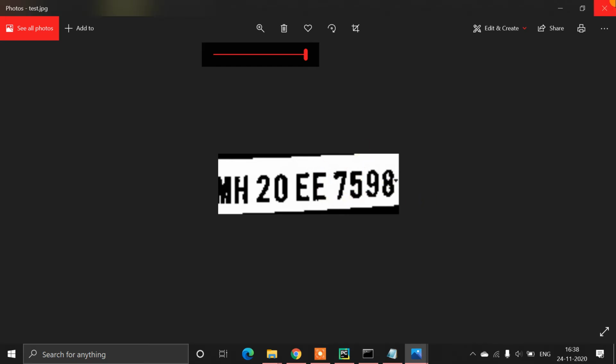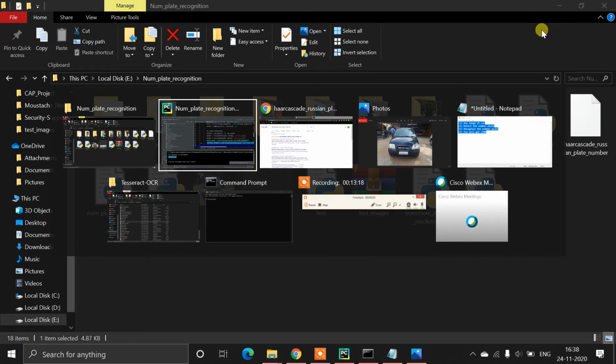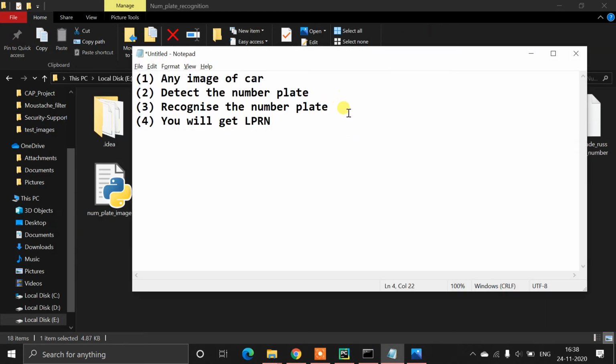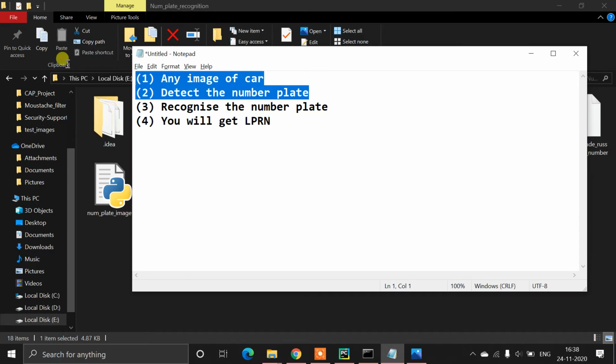Okay, so now it's time to do our next task. Our two steps are done here. We have detected the number plate and we have cropped the number plate also. Now it's time to recognize the number plate. There are lots of ways available to recognize the number plate. The first option is you can choose deep learning, like convolutional neural network algorithms, or you can use any pre-trained algorithm to detect and recognize the number, meaning understand the text from that image.